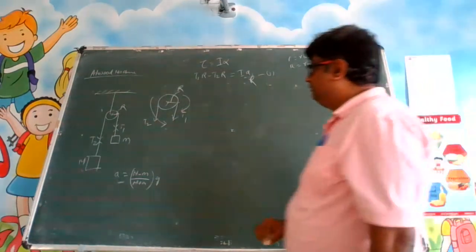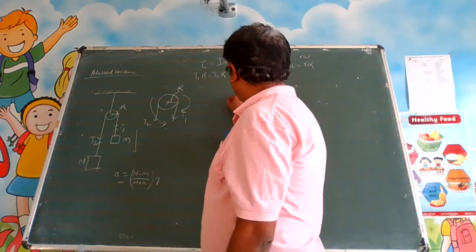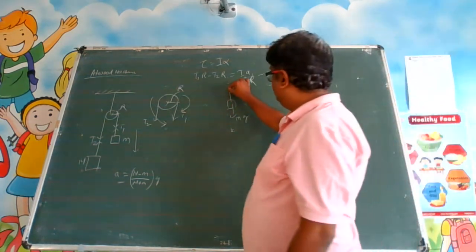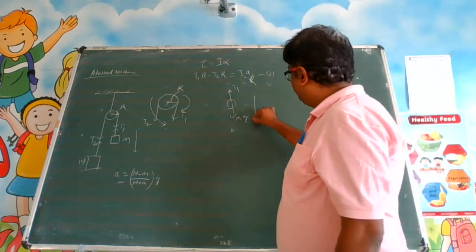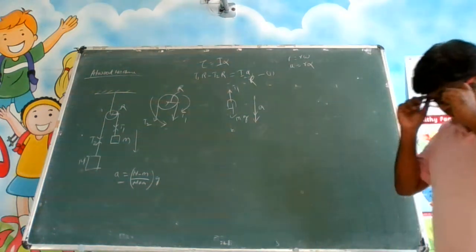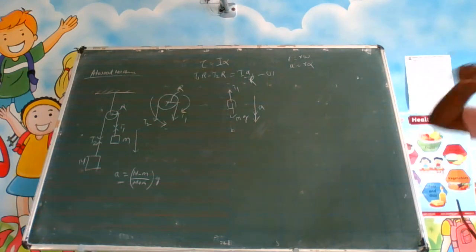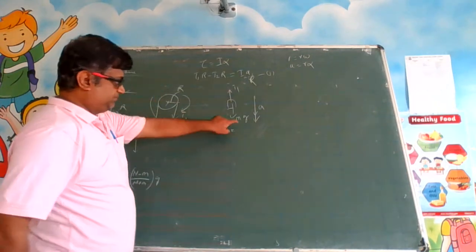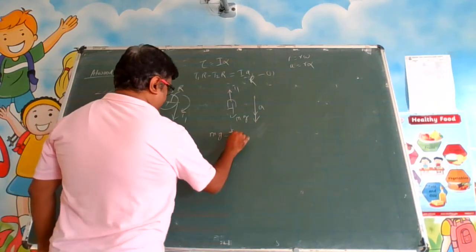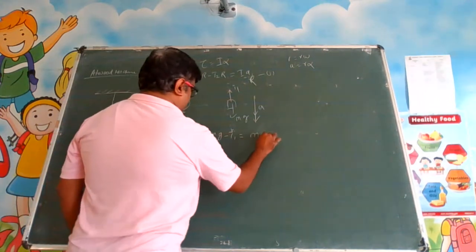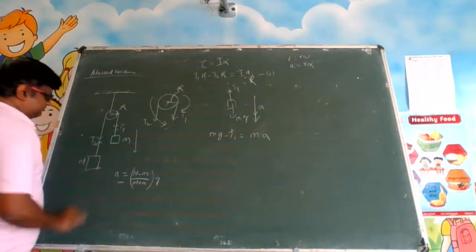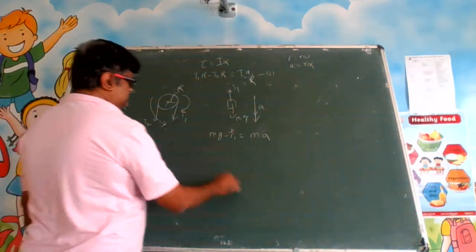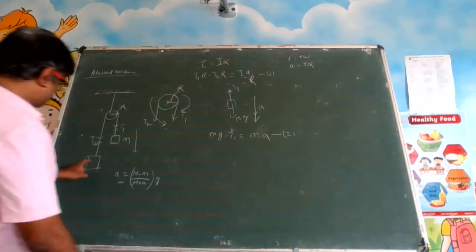Next you draw the free body diagram. Let us say this is going down. So what is the free body diagram here? Of 1, it is mg going down, T1 in this direction. It is experiencing acceleration in this direction. So what is the equation you are going to get? This was first way mode. So it is mg minus T1 is equal to m times a. It is acting on this mass, so that mass we have to put. Okay. So this is equation 1. This is equation 2. Draw the free body of this diagram.